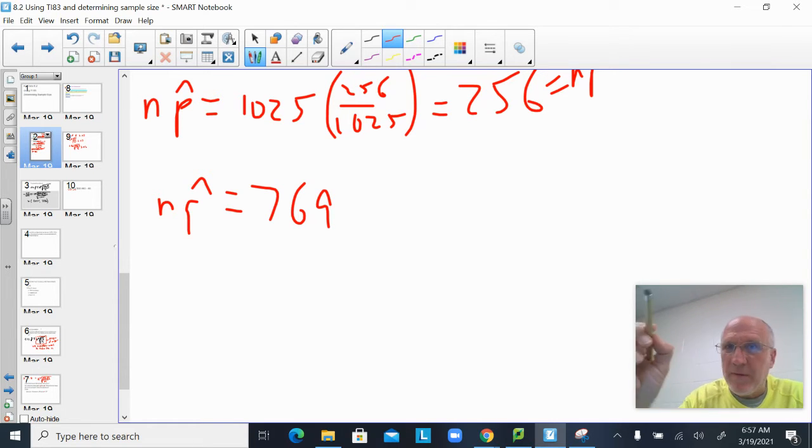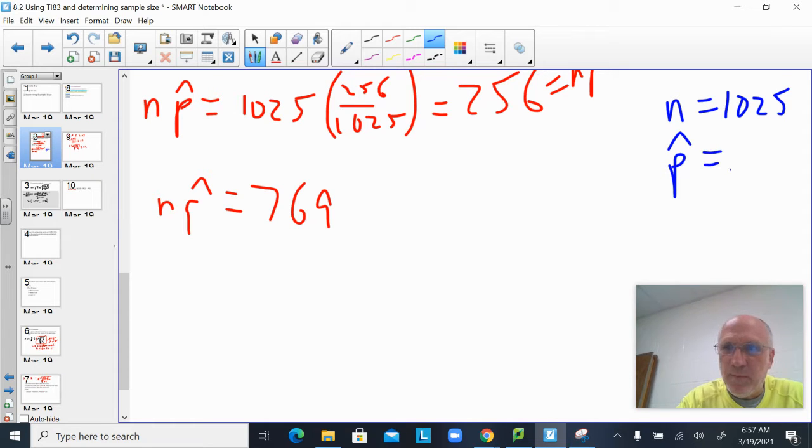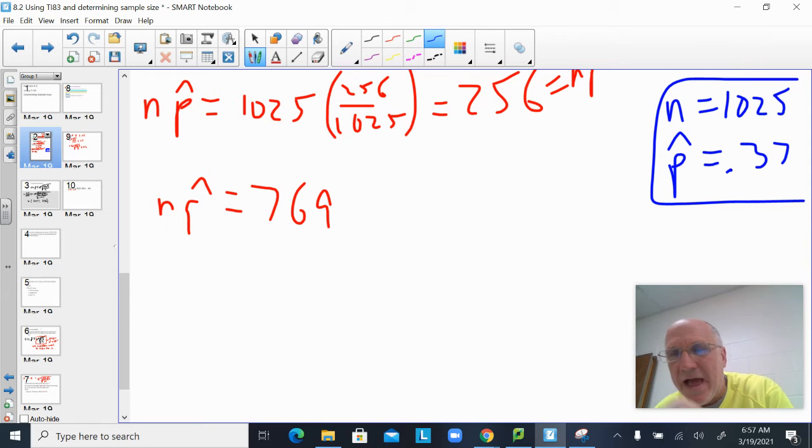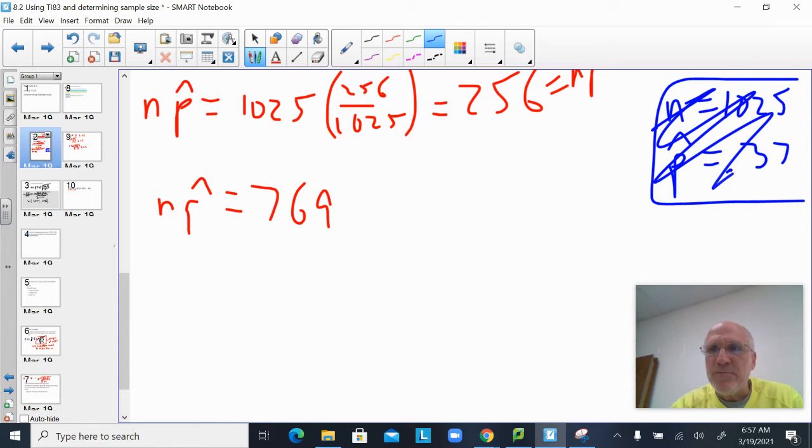Again, this confuses people every time I do this. The problem could have said this: n equals, it could have given you the total sample size, and it could have said the sample proportion is 0.37. That's not the right number, but it could have just given you that. Then you would have had to calculate n times p hat and n times q hat to see if they're both at least 10. But this problem, since it gave you that 256 and that 769, you've got to know, wow, that's awfully friendly. NP hat is 256 and NQ hat is 769,